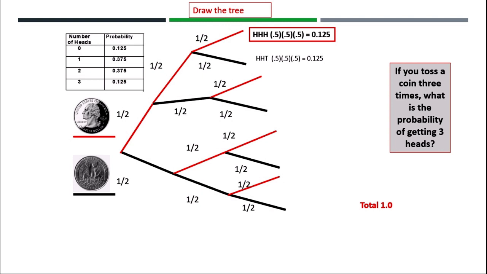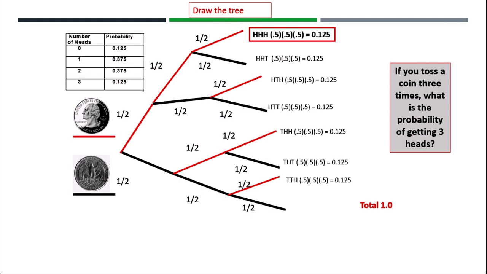0.125. You can write each branch with the corresponding probability. Also, all the probability together is totally 1. So the probability for each branch, you just times all the lines which will lead to the branch. From the tree diagram, we now can figure out the probability that we get 3 heads if you toss a coin 3 times. Only the first branch has 3 heads, so the probability is